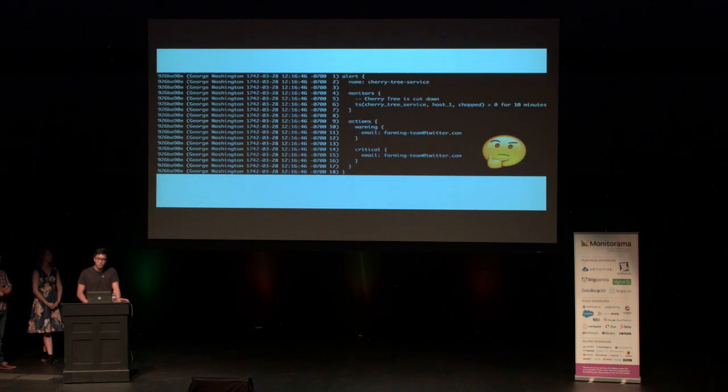Additionally, ownership of configs was a problem, and sometimes you'd see an alert or template in the repo that you wanted to use or pull into your monitoring, but you weren't sure if you could safely do so. You'd see a file like this, and obviously your first question would be, does the farming team even plant cherries anymore? I thought they were deprecated. And then you'd git blame the file and ask the author about it, but you'd find out that they didn't work there anymore, and that was bad. So the number of orphaned and unmaintained configurations became an issue.